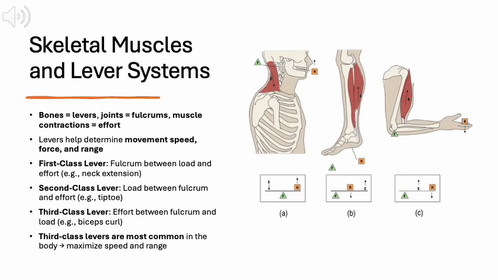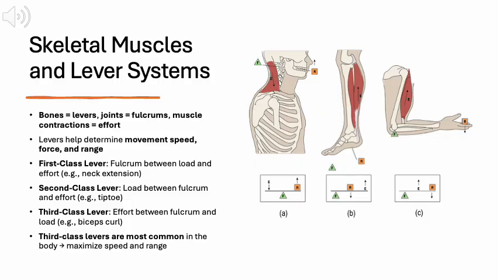The body's musculoskeletal system works like a collection of lever systems. Bones act as levers, joints are fulcrums, and muscle contractions provide the effort. The arrangement of these three elements determines whether movement favors force or speed. In first-class levers, like neck extension, the fulcrum sits between the load and effort, similar to a seesaw. In second-class levers, like standing on tiptoe, the load lies between the fulcrum and the effort, allowing great force but